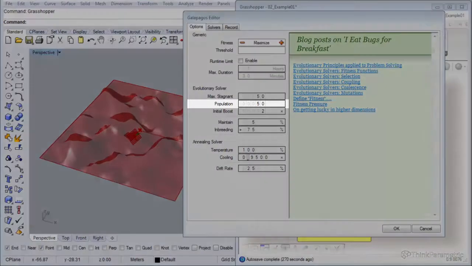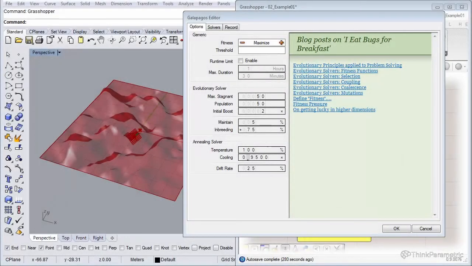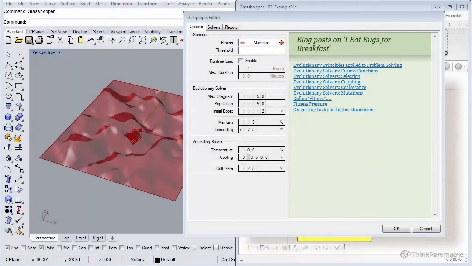The population means how many different genomes are used for an iteration, which is in our case 50, which is fine. The initial boost is basically for the first run: depending on how many variables you use, you want to use a wide net of different combinations to find some local optima already. You can guesstimate this more or less by looking at what you're optimizing. If you can directly tell what your values will more or less be, you can lower this number, like in our simple example, but later on we're going to use a higher one. So for now, I think 2 is fine. Oh well, let's increase it a little bit to 4.